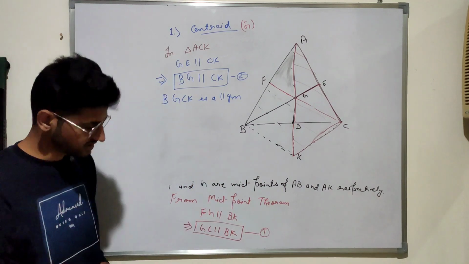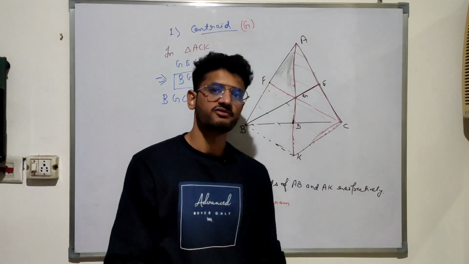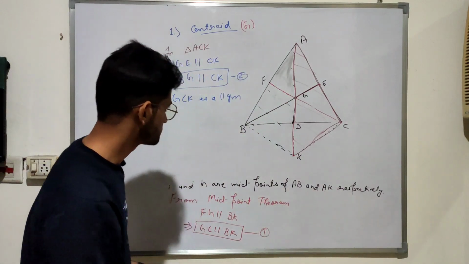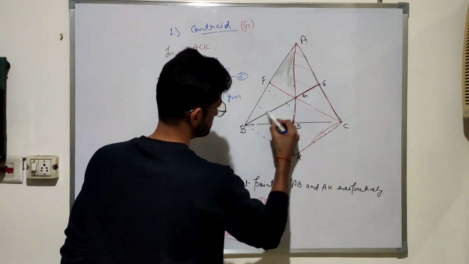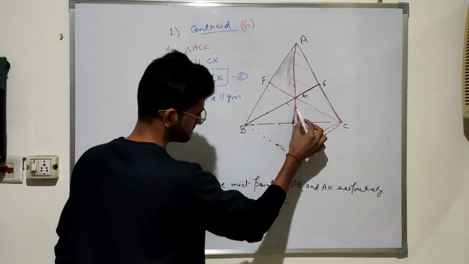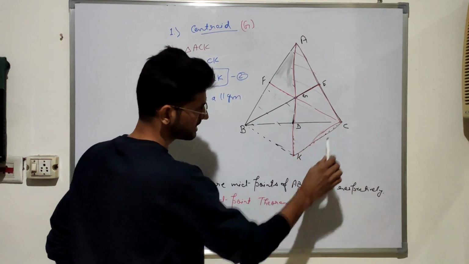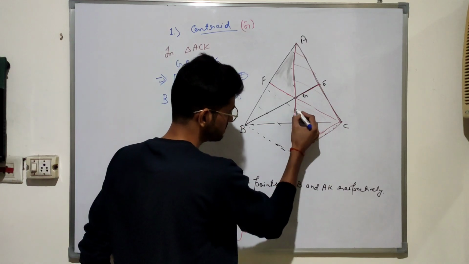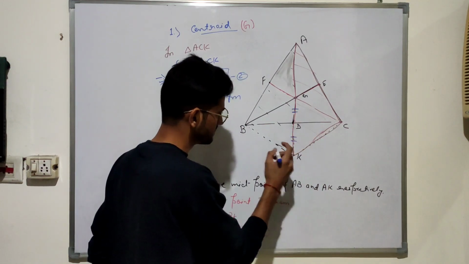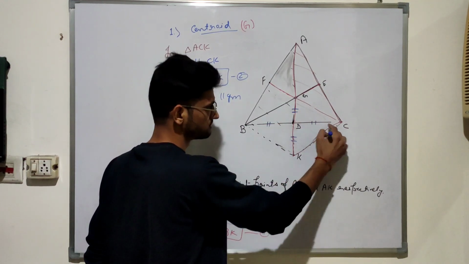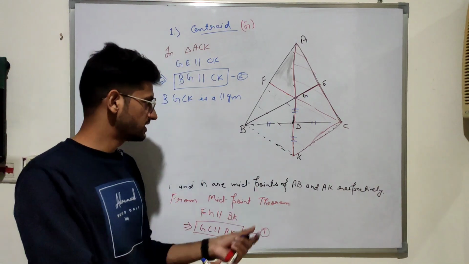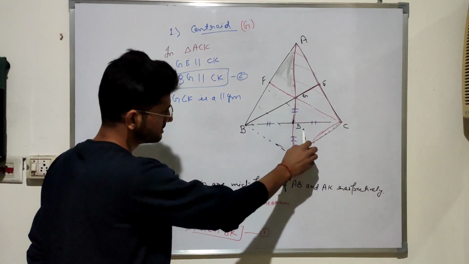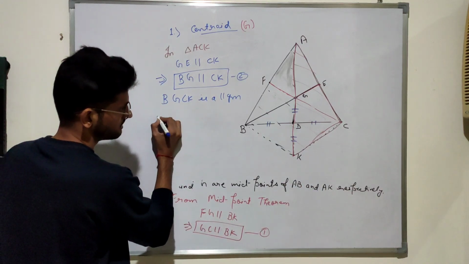Now what we can observe is that we can apply the property of a parallelogram, that we know that in a parallelogram diagonals bisect each other. What does this mean? Since BGCK is a parallelogram, GK and BC are going to be diagonals. It means these are going to bisect each other. What does this mean? GD is going to be equal to DK and BD is going to be equal to DC. We already know that D is a midpoint of side BC. So clearly we can say that GD is also equal to